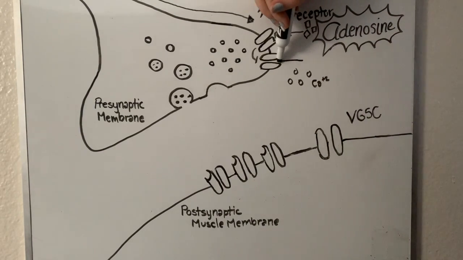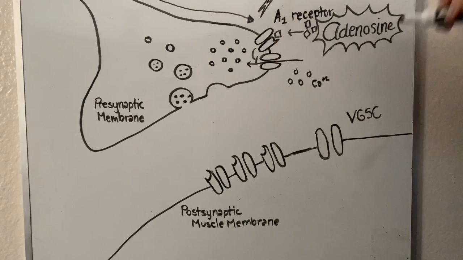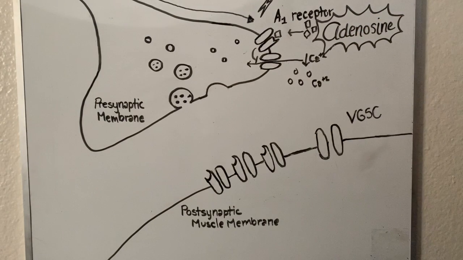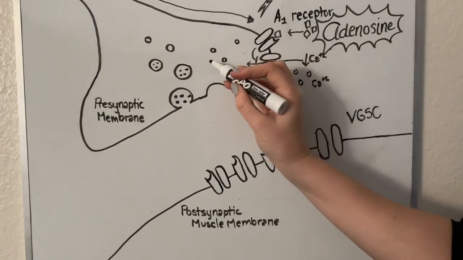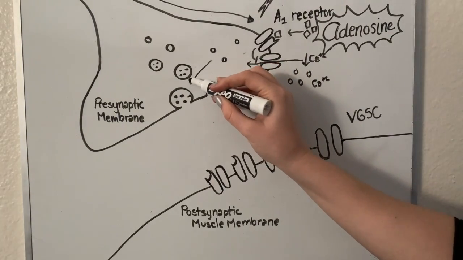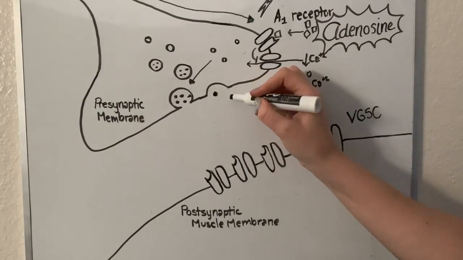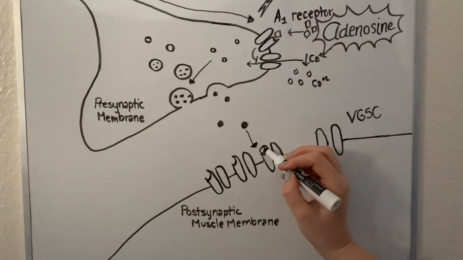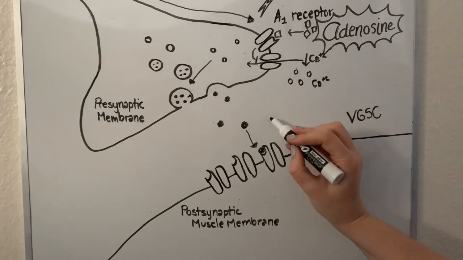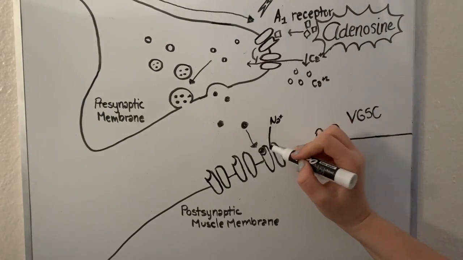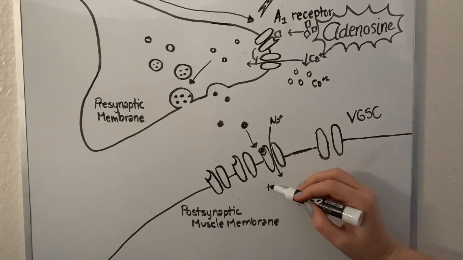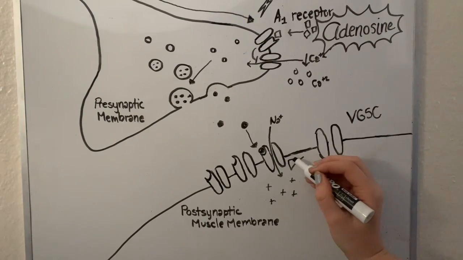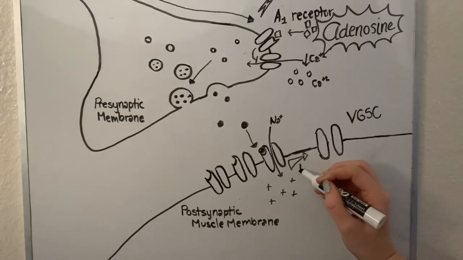When these calcium channels are inhibited, calcium influx into the presynaptic terminal decreases. The decreased amount of calcium in the presynaptic terminal decreases the amount of vesicles containing acetylcholine that are released. With less acetylcholine being released, fewer nicotinic M cholinergic receptors are activated, so sodium ion influx into the postsynaptic terminal is lower than control. This in turn generates a smaller EPP, which for some muscle cells is not enough to reach threshold and fire an action potential. This decreases the amplitude of the MAP since fewer muscle cells are initiating action potentials.